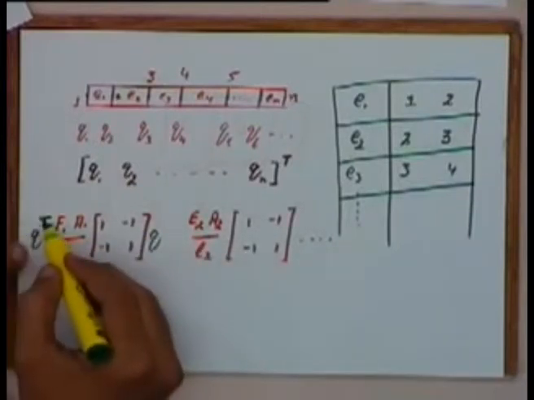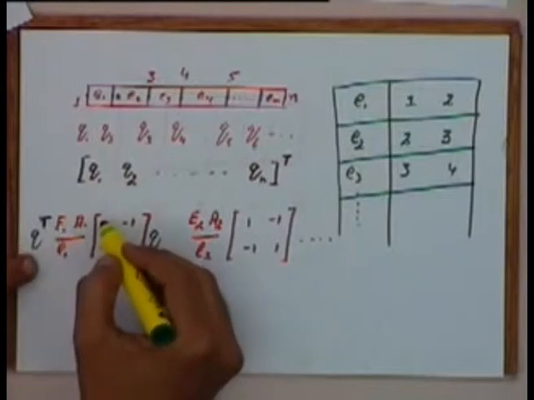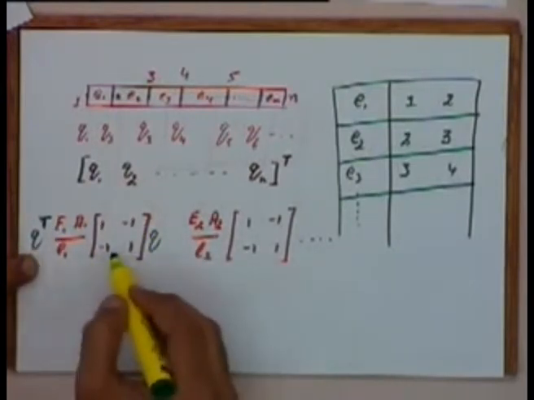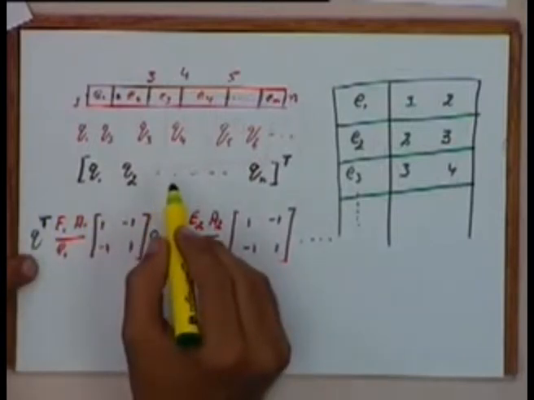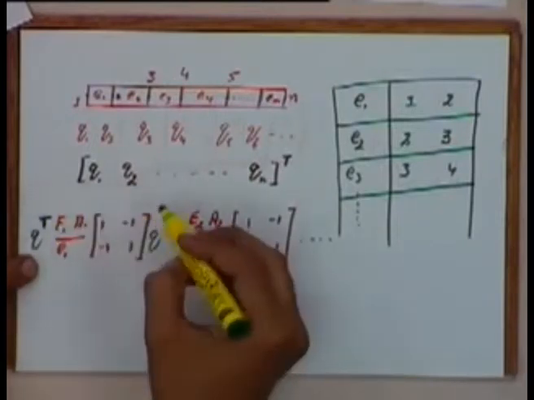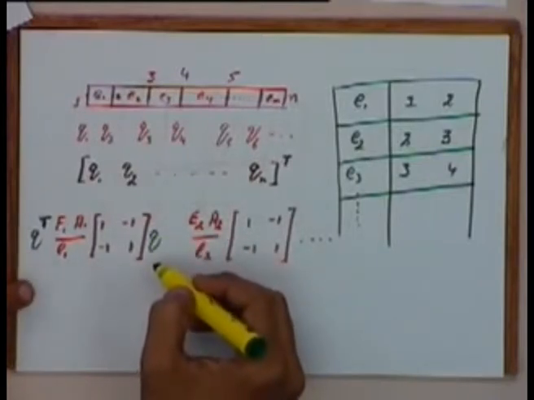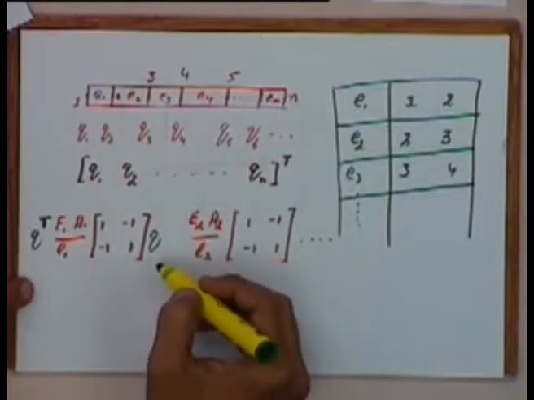Okay, because this will become a row matrix multiplied by this column and then multiplied by this column. Okay, the product of these two will give me a row vector, and that row vector when multiplied by this column vector Q is going to give me a single potential energy term or the strain energy term. Okay,